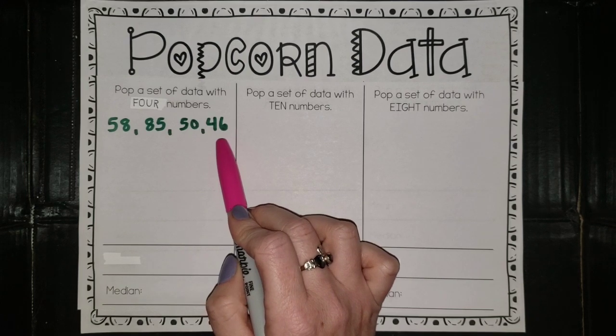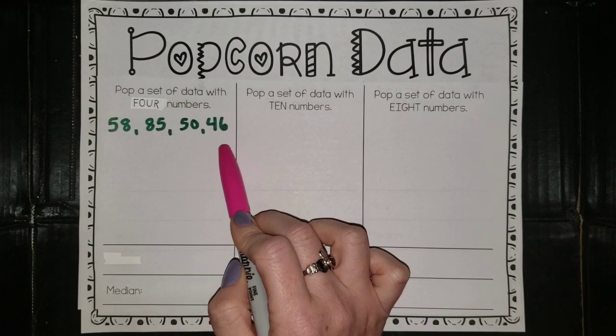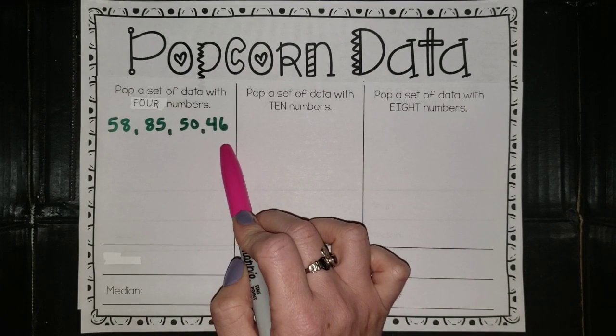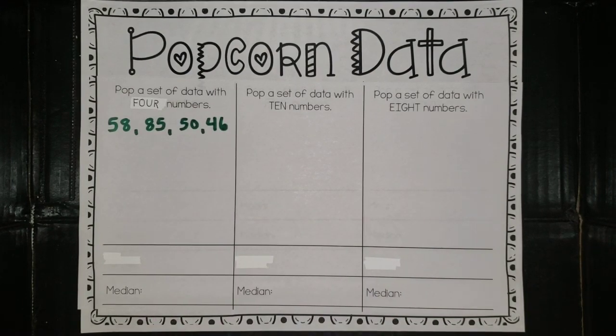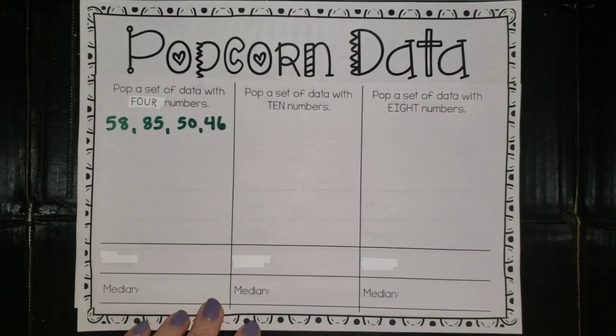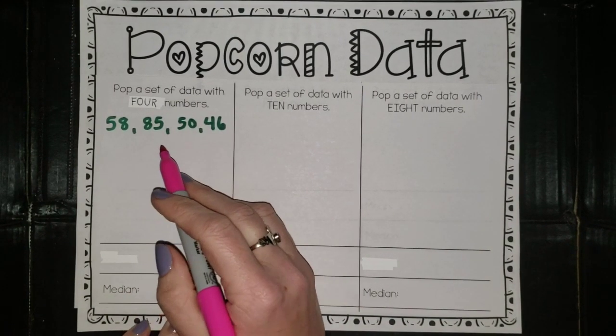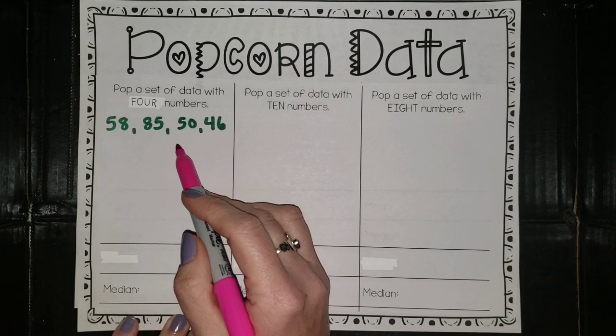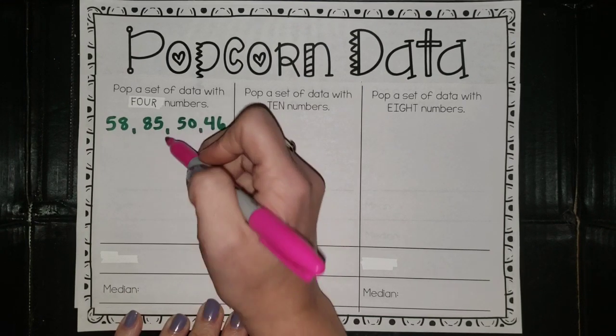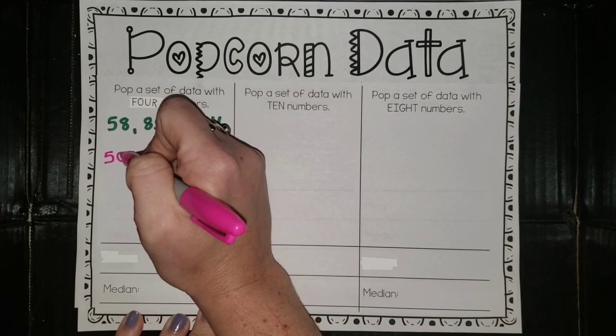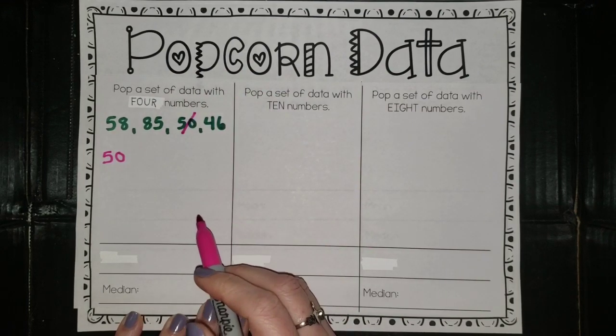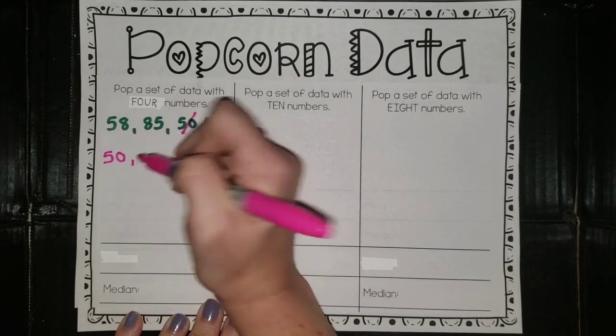If you had not, please pause the video just for a moment and give yourself time to copy these down and then continue the video. The first thing we need to do is rewrite this data set in order from least to greatest. So we start with 50, then 58,